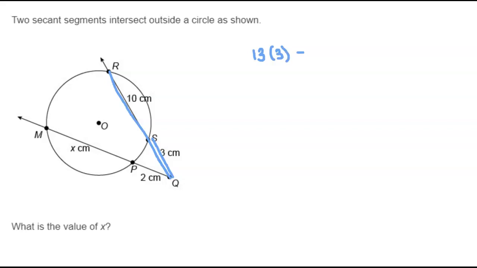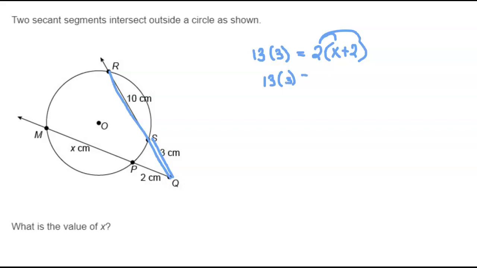and that's equal to the full secant line, which is x plus 2, times the exterior secant line. So in this case, since we have x plus 2, we're going to distribute 2 to the x and 2 to the 2. That's going to give us 13 times 3 is equal to